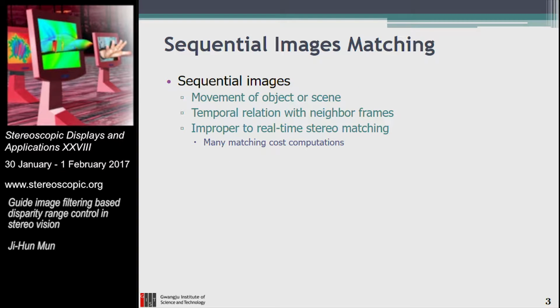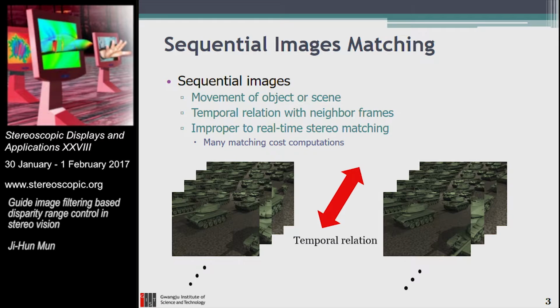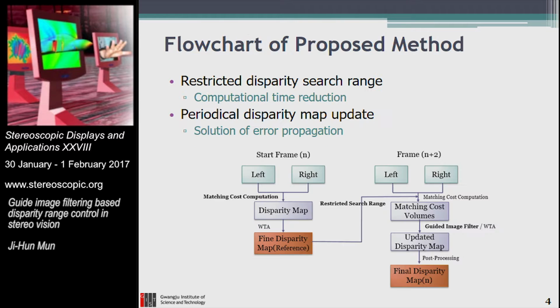Firstly, a sequential image contains some movement or some object, and the scene movement is contained in the sequential image. And also the sequential image has some temporal relation with neighbor frames. But because of the many matching cost computations, it is not suitable for real-time stereo matching methods. So to handle this problem, we propose this